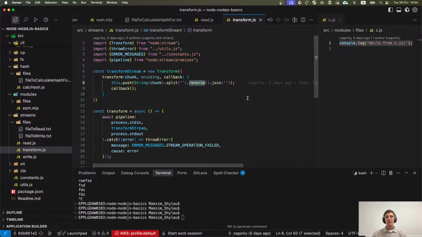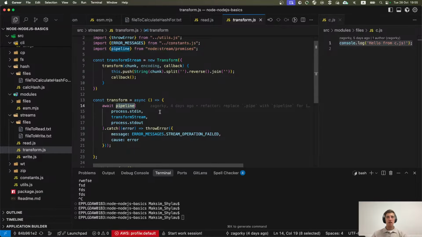I'm pretty sure you solved many tasks like this, but it was not the purpose. It was just a simple logic of transformation. And after that, you do this push, which actually pushes the data into internal buffer, and then you call callback and it releases your data.